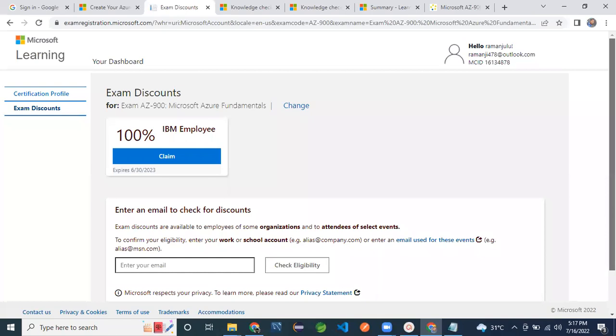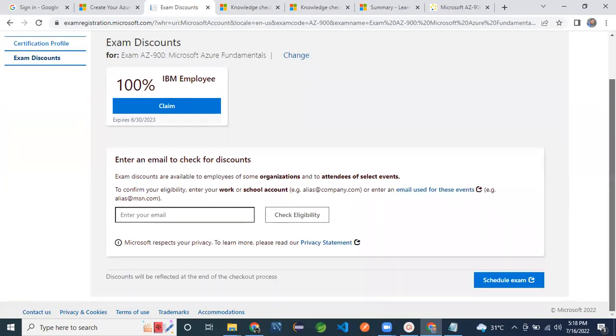And see here, if you are an employee of some company, or if there is free eligibility, then you can give the respective company mail ID and check eligibility. If there is free eligibility for your company, you are not required to pay the amount. Many MNC companies give it free of cost.